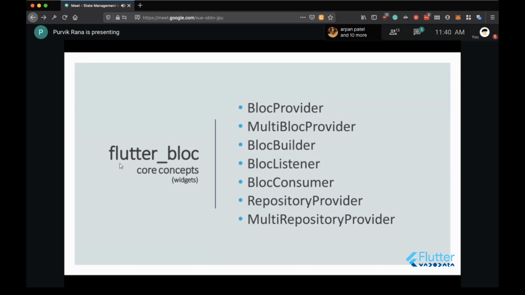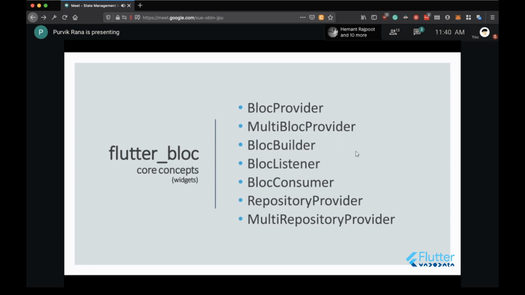These are the different widgets that we use in our Flutter application to implement the block architecture.